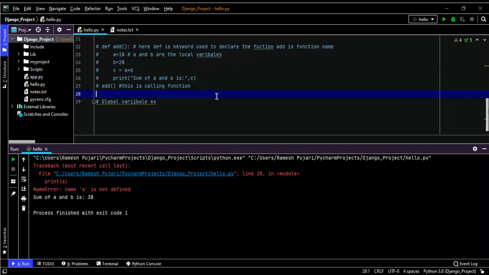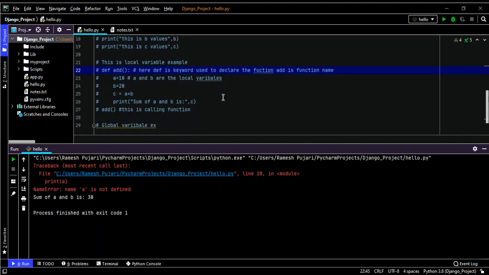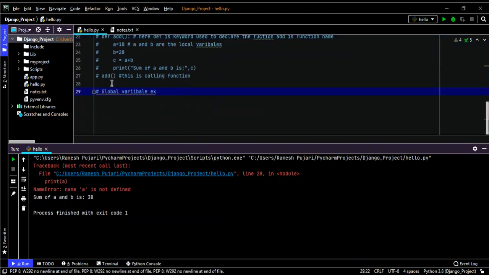So this is the local variable example, and now we have completed local variables and I am moving to global variables.